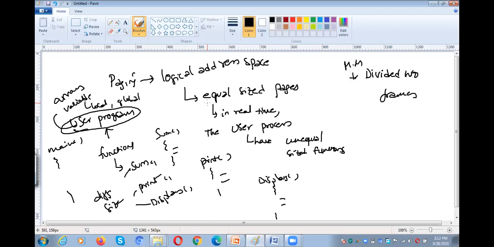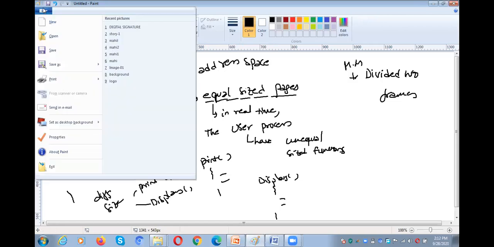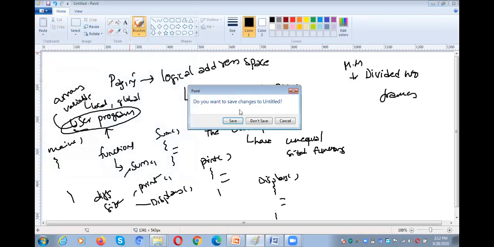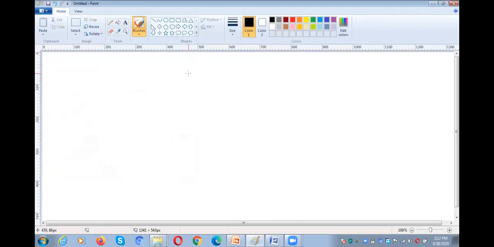So in real time, we cannot divide the process into equal sizes, right? In order to overcome that problem, in order to match the user view exactly, we went to the concept called segmentation, right?